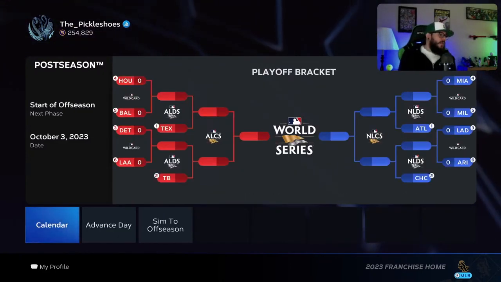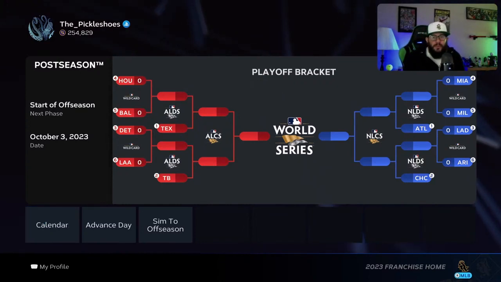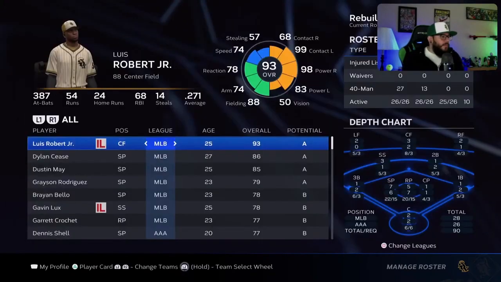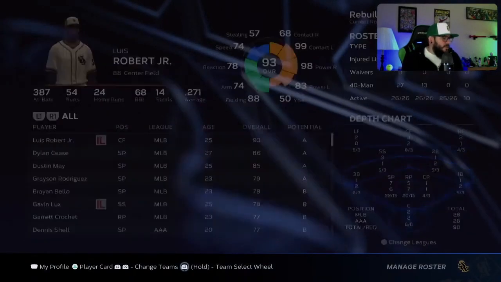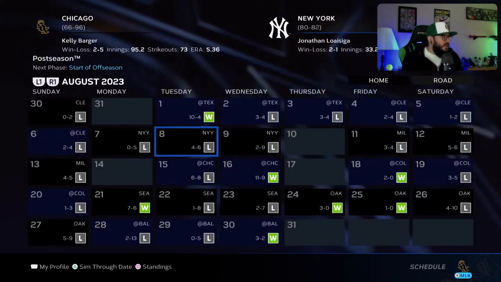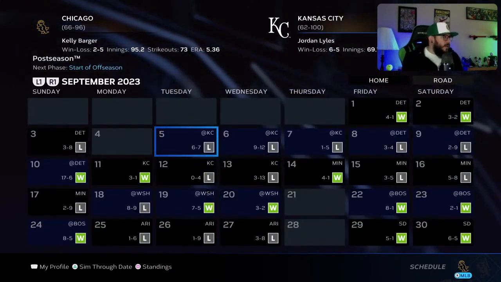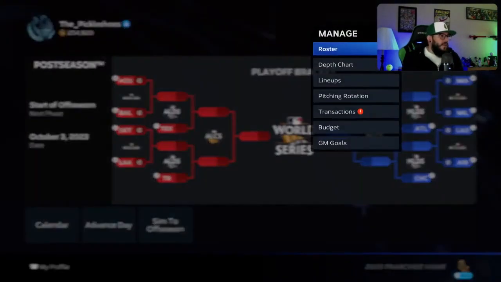Okay, so we simulated through the regular season, and as expected, we did not make the playoffs. We did have a couple of pretty big injuries that allowed some players to play. One was Luis Robert breaking his wrist, which was devastating because I want him to progress as much as possible. But basically, the last 2 months, August was absolutely terrible. We ended up 66 and 96, which was good for, let's see,